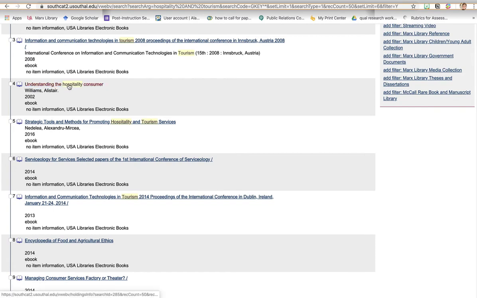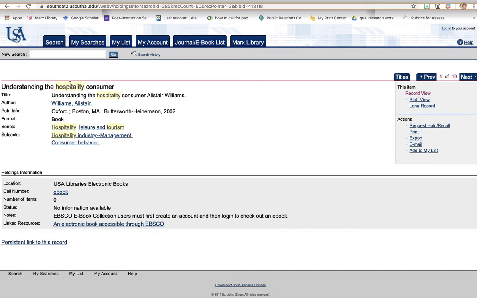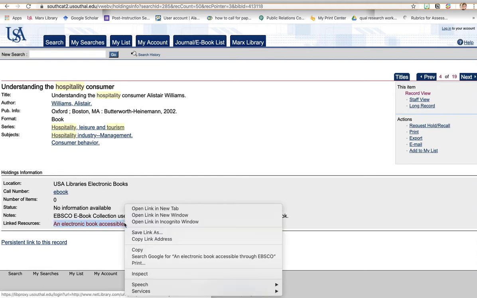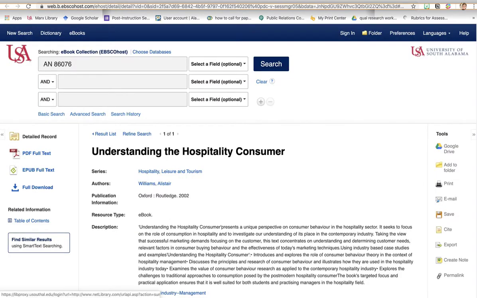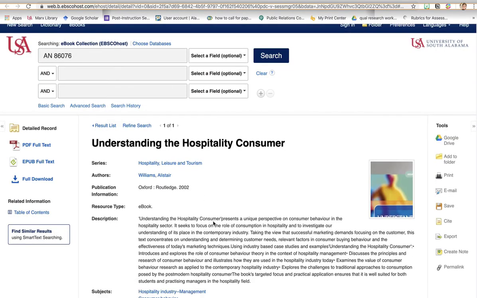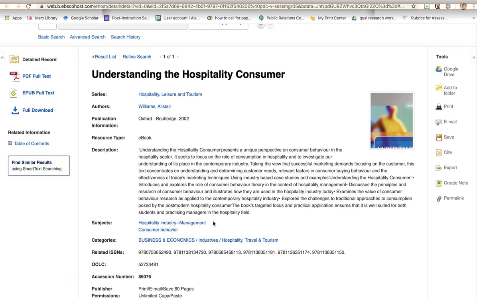Understanding the Hospitality Consumer. So if you click on the title of an ebook, it brings you to the record, and then you just need to find the link to the resource. And right down here on the record it says, this is a linked resource. And we'll go ahead and open that. Let me see, I'm going to try and open it in a new tab and bring up that tab. So this is the book, and